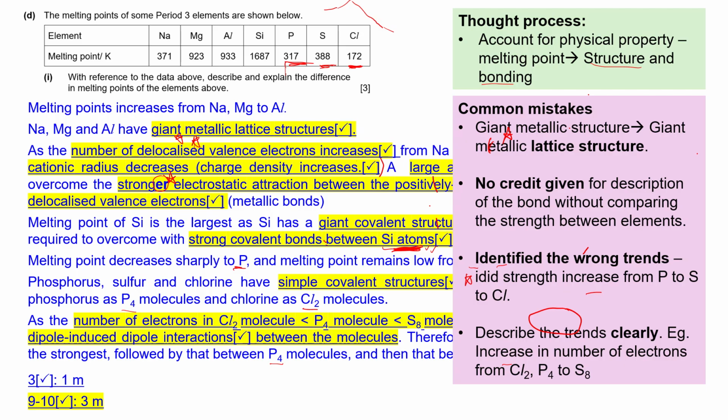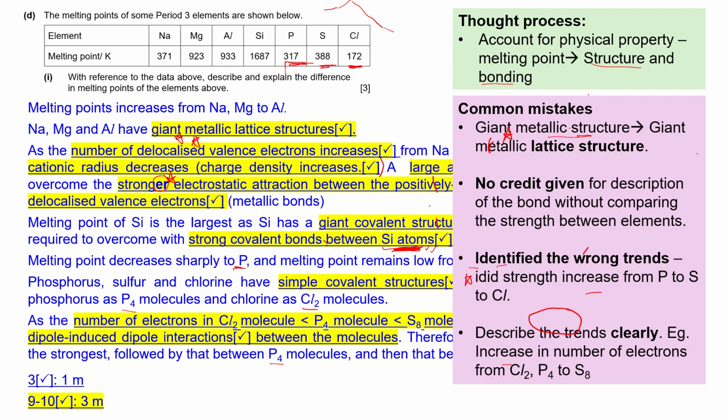Common mistakes, like I mentioned earlier on. Giant metallic structure. A lot of y'all wrote this. It is giant metallic lattice structure, so please include the word lattice. No credit is given if you only describe the type of bond. That means once you identify sodium, magnesium, and aluminium have a giant metallic lattice structure, and it has strong electrostatic forces of attraction between